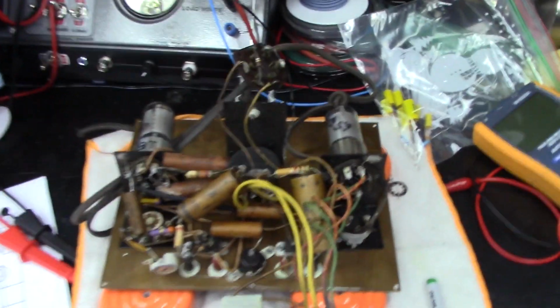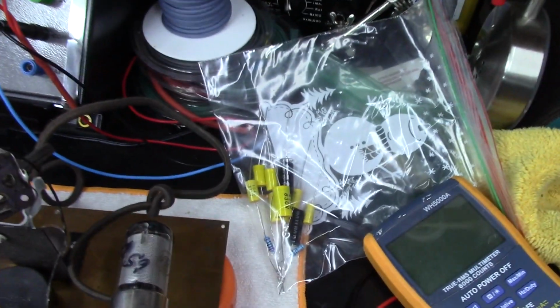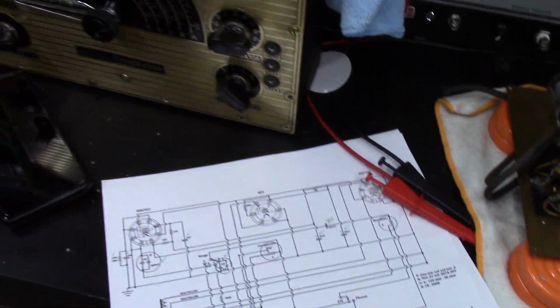So now this is it, and I'm getting ready to start replacing some of these components. You can see I've got a bunch of components pulled. I've been pulling them, comparing with my schematic. I'm going to start changing some of those. The other thing I got accomplished, when you look down inside there,